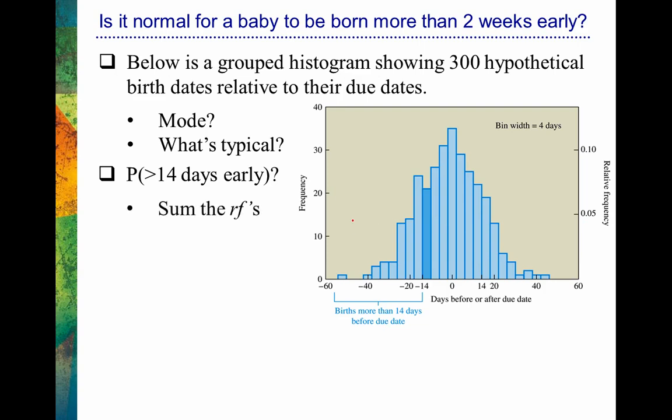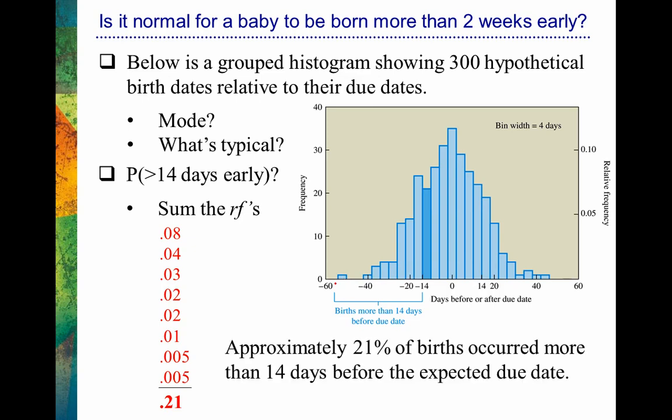So I'm just going to list those all right over here because we're going to want to sum up all of the relative frequencies for these bars. And then when we look at the total of all these bars, that will give us the answer to the probability of births being more than 14 days early. So if we were to add all these up, we would find a value of 0.21 or 21%. So the probability of a baby being born more than 2 weeks early, that's more than 14 days early, would